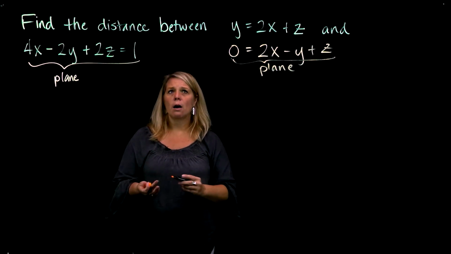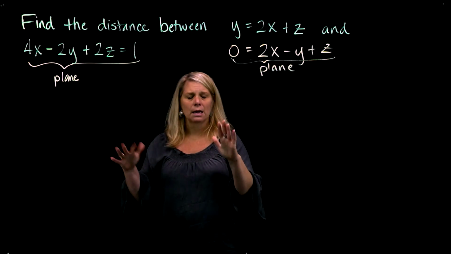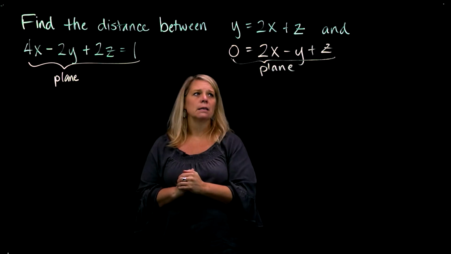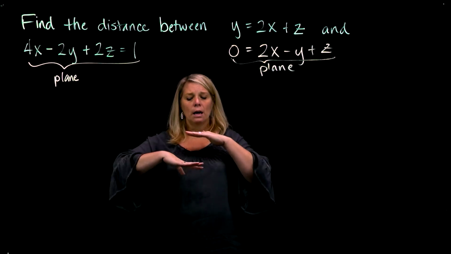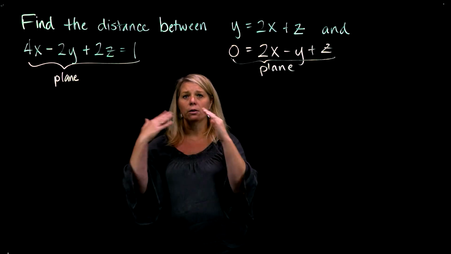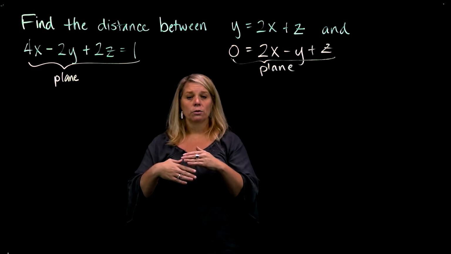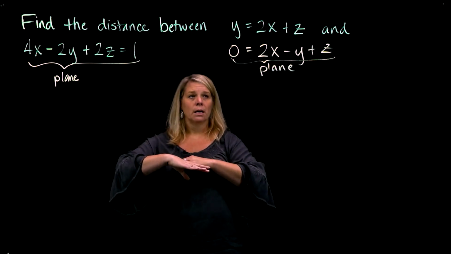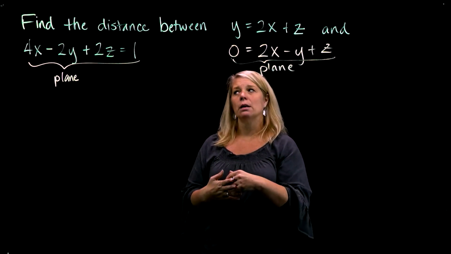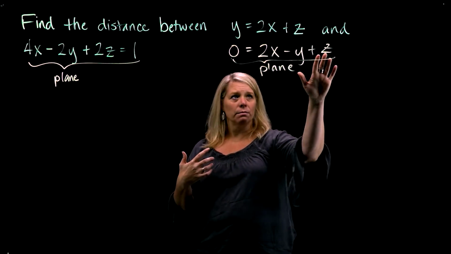Okay, so we are supposed to find the distance between two planes here. So one thing that we might just think about is kind of planes in three-dimensional space and how those planes might be with each other. And so if I have two planes, there's really three possibilities for how those planes could be oriented with respect to each other in three-dimensional space. So one is they could be the same plane. If these two were the same plane, then the equation would be the same equation. You might notice that on the side where I have all the variables, it's the right side on this one